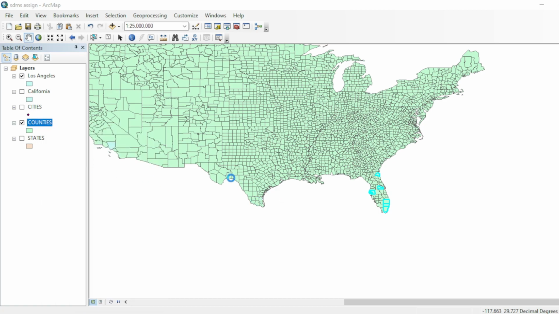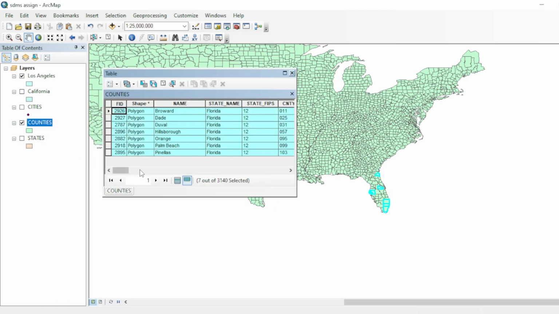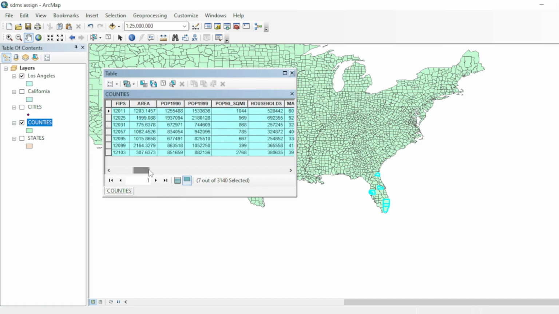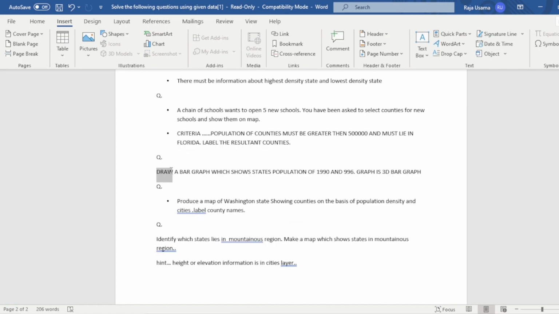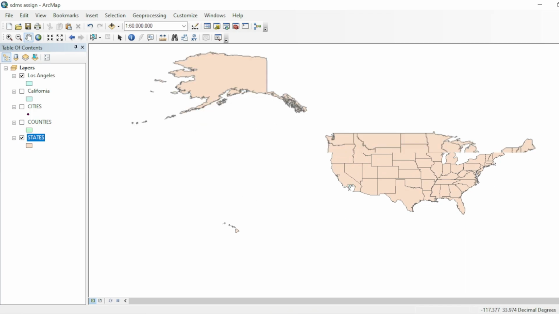Go to attribute table and this one. Now you can see over here the population in 1999 is greater than that value. So we have performed that. Draw a bar graph which shows the state population of 1990 and 1996. The graph is a 3D bar graph. Okay, let's go to ArcMap and